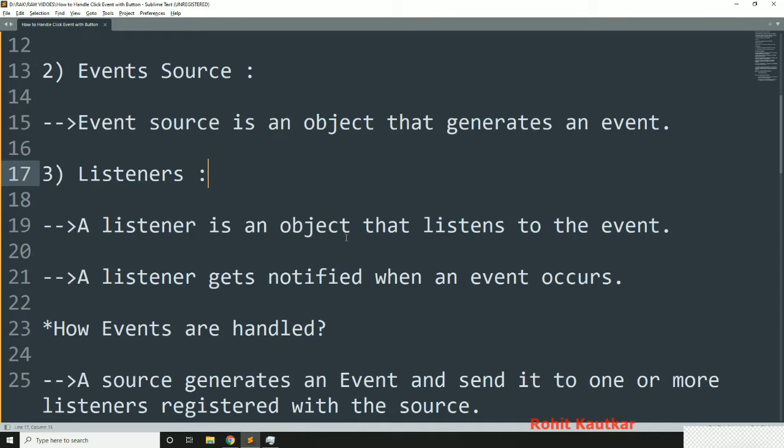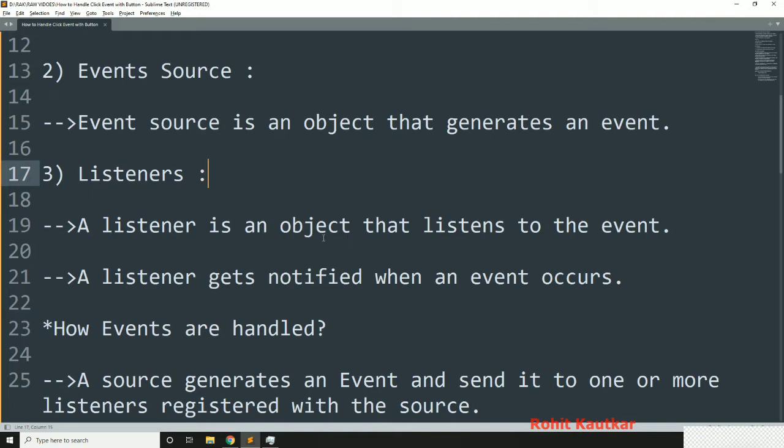For example, to handle window related events, we have window listener. To handle button related events, we have action listener. To handle checkbox related events, we have item listener. Likewise, different components have different listeners available.